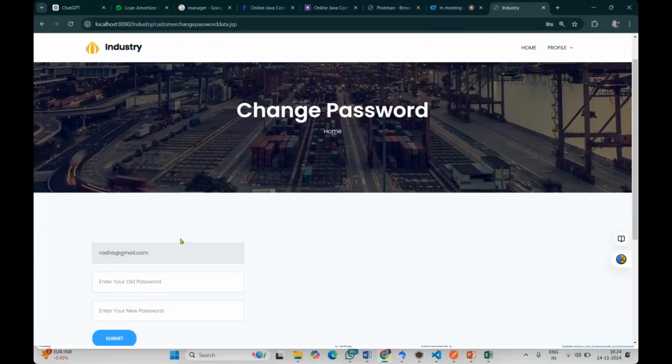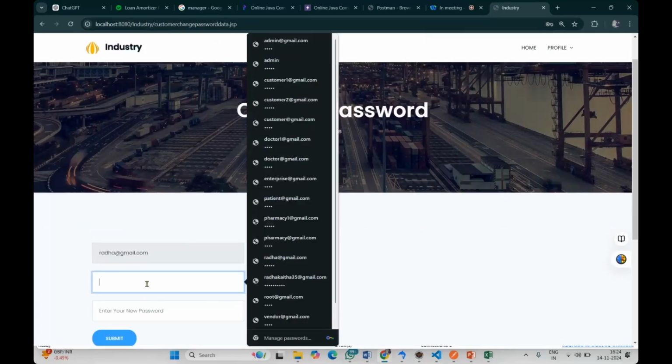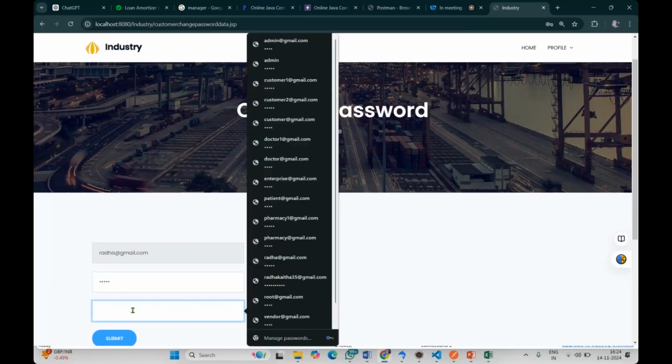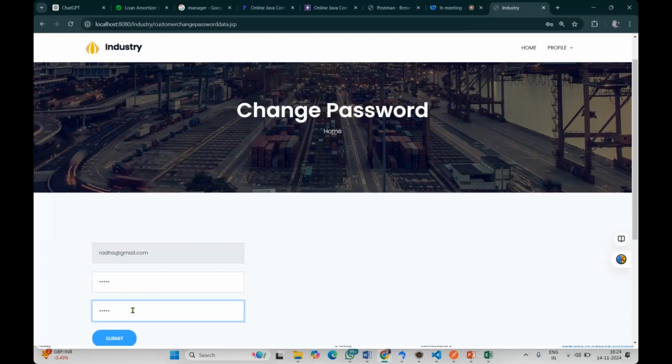Understood? So the old and the new password should both be different. In the old password, I'm entering root, but instead of the correct password, I will give the wrong password. Instead of root, I have given root one as the old password, and in the new password I'm taking the password as Radha. My new password is Radha, and the old password is the wrong password. When I click on the submit button,